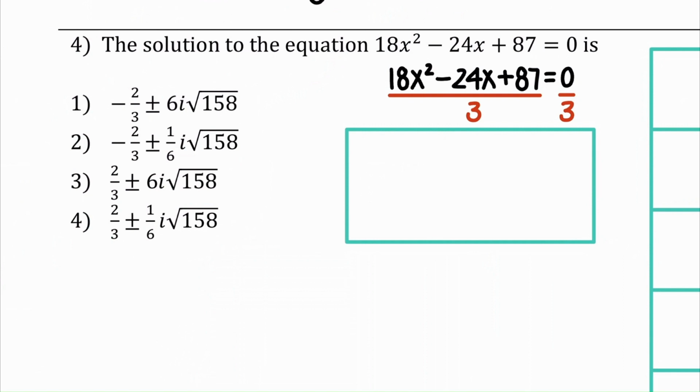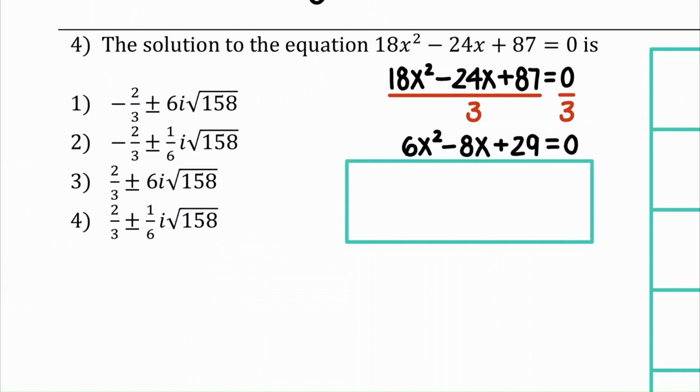Dividing by 3 thus gives us 6x squared minus 8x plus 29 is equal to 0. And so from here we got many options, but we have to remember the two things that always work are always going to be completing the square and the quadratic formula. So if we do go about completing the square, we have to make sure a is equal to 1, which is going to be very annoying because we would have to divide by 6